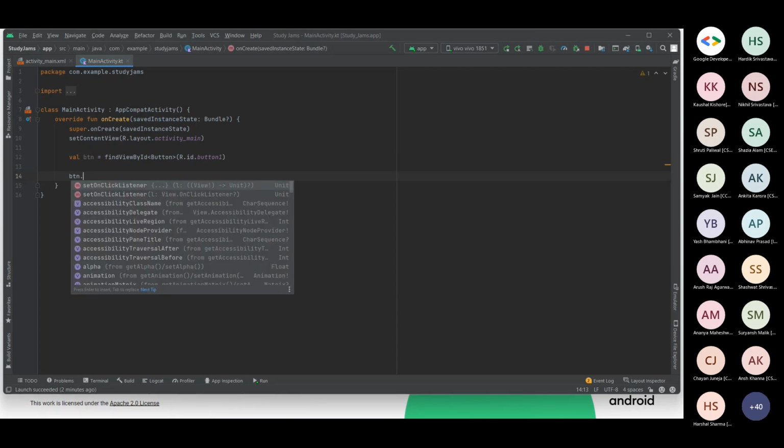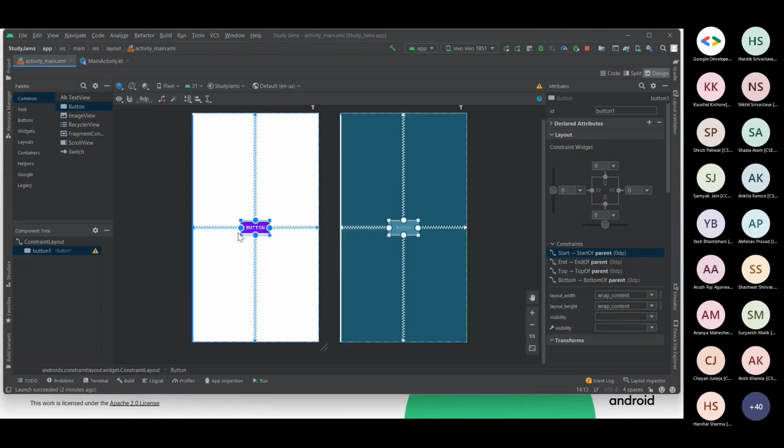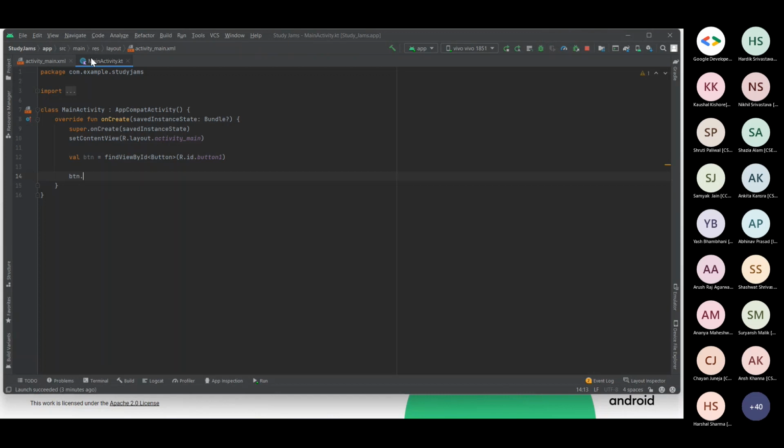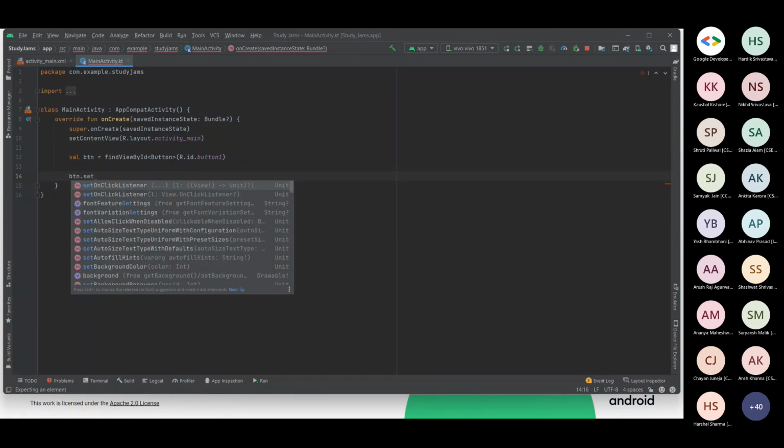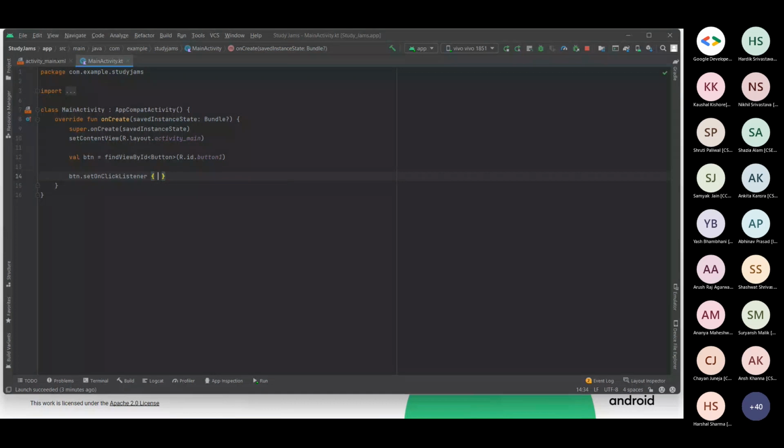So basically what I did was, first we have created a variable that's btn, and then we have linked up this one button by using its id that we have defined, that is button one, by the function that is findViewById. So next we will be adding the on click listener, that is setOnClickListener, and we will be displaying a toast message by using the